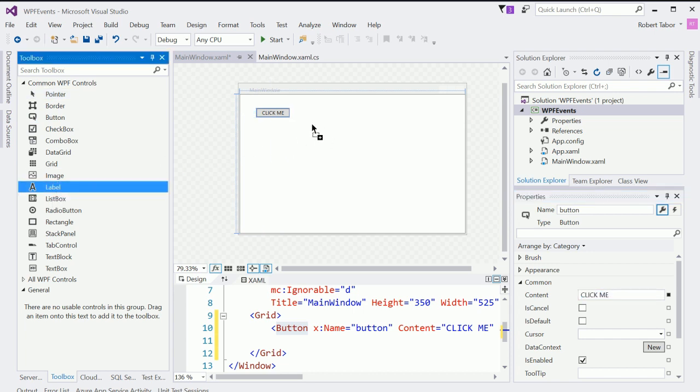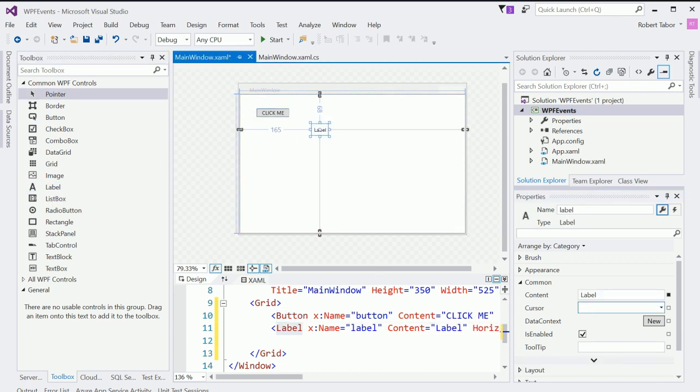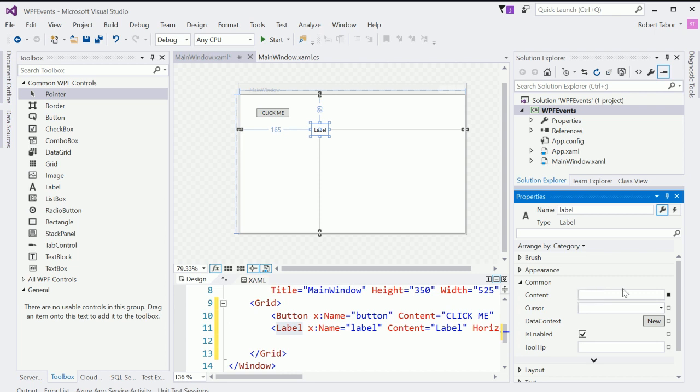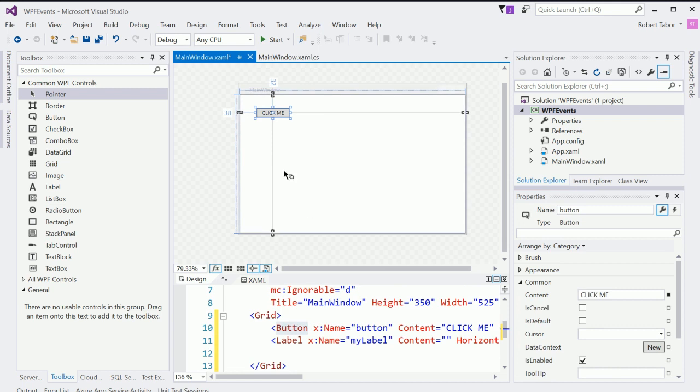I'm going to drag and drop it anywhere on this design surface. I'm going to remove the content completely, but I'm going to change the name to my label, like so. Okay? Now what I want to do is print out the phrase hello world whenever somebody clicks the click me button. I'm going to choose the click me button again by selecting it here in the visual editor, and then I'm going to look for this little lightning bolt over here in the properties window